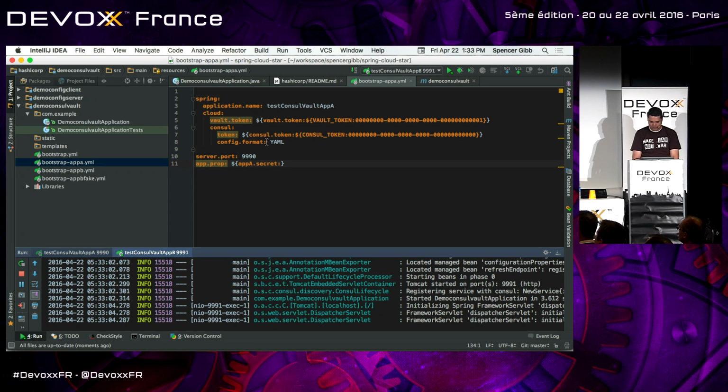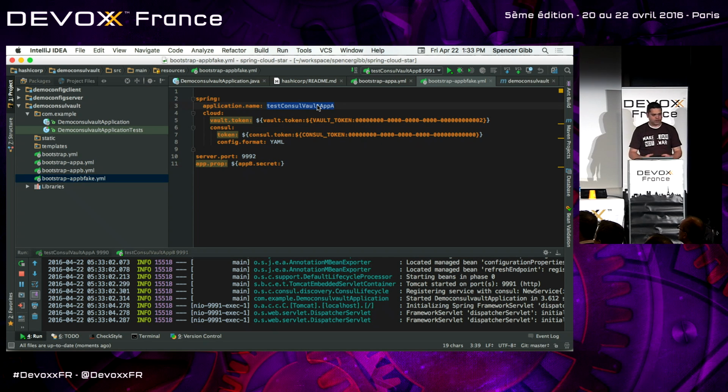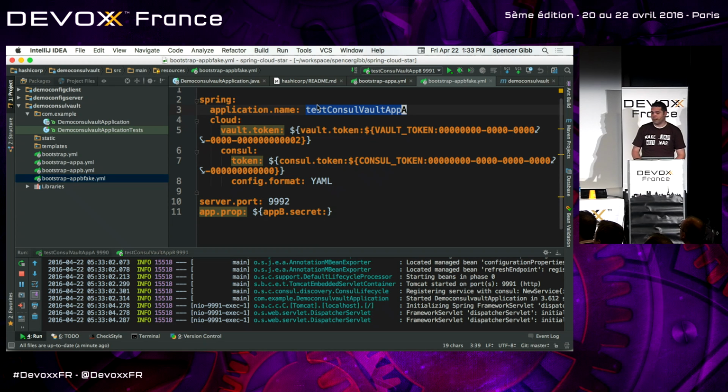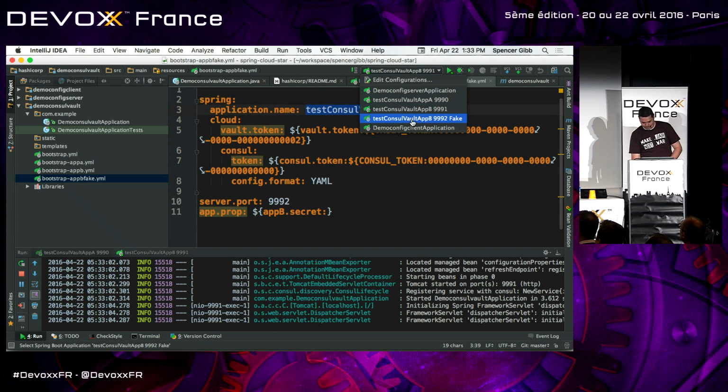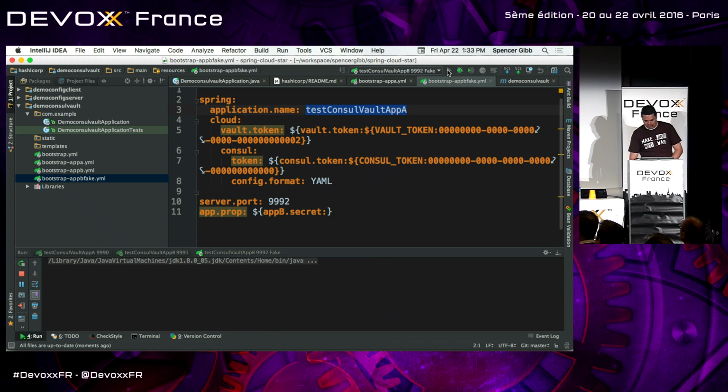Well, now what if, one of the problems with this is we base all this just off of the name. Well, the name's arbitrary. I can put whatever I want in here. So I'm going to masquerade as app B, sorry if you can't see that really well, and I'm going to put app A's name in. So without security, I would just get app A's configuration and just see it. So I'm going to go ahead and run this.